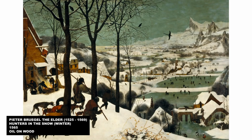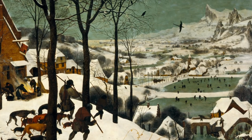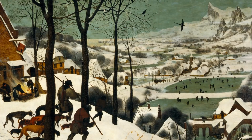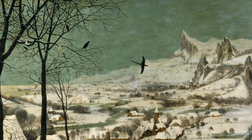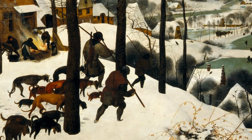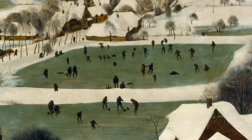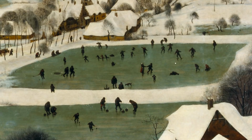His painting Hunters in the Snow from 1565 offers us a scene of regular people going about winter life in a rural village. Bruegel was Flemish, but the scene isn't terribly faithful to the landscape of the Low Countries, what with the topography of this valley and the steep mountain faces in the distance. But what he does capture very effectively is cold, with 3 bundled-up hunters, heads down, trudging home with their dogs through the snow. In the midground, we see skaters on a frozen pond, pulling each other, playing games, and yes,